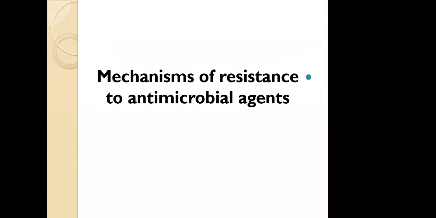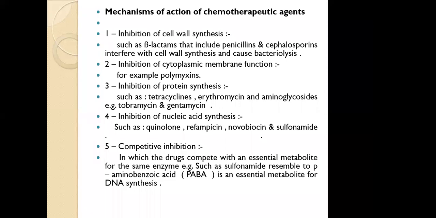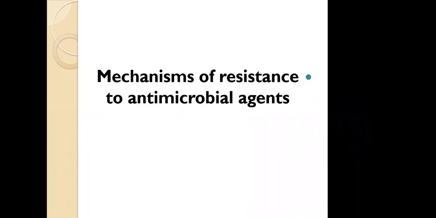Another is competitive inhibition, in which the drug competes with an essential metabolite for the same enzyme, such as sulfonamide, which resembles para-aminobenzoic acid, which is considered an essential metabolite for DNA synthesis. And the sulfonamide enters the reaction instead of para-aminobenzoic acid and leads to stopping of folic acid synthesis, which is important in DNA replication. Now,